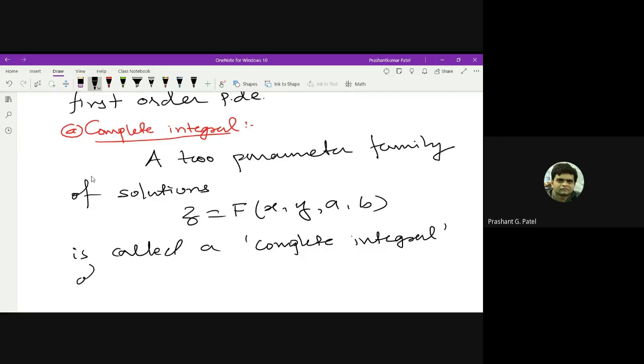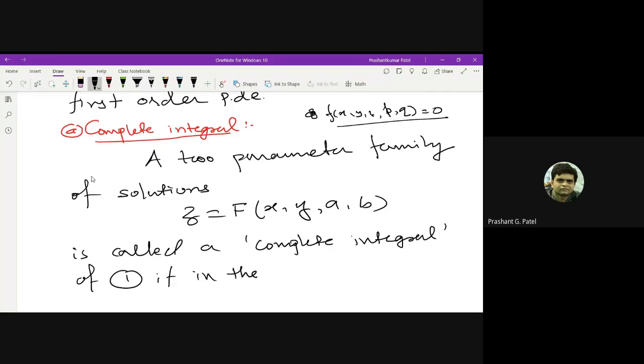of what? That is, what is the equation we have? The equation is f of x, y, z, p, q equal to 0. This is my differential equation. When we can say that z is equal to some function in terms of x, y, and a and b are the arbitrary constants, it is known as a complete integral if